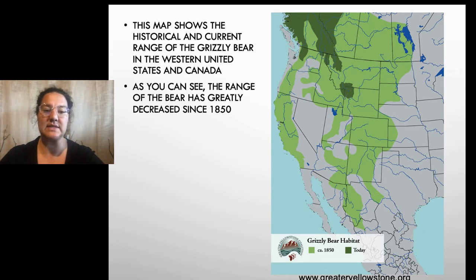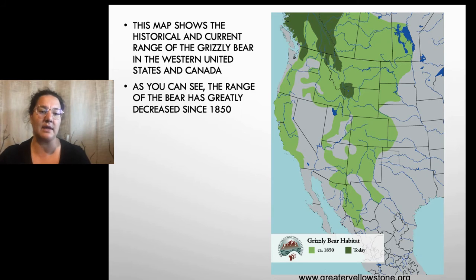Yeah, and since 1850, the range of the grizzly bear has greatly decreased because of farming and settler needs. So we eliminated using force the grizzly bears in that area, as well as their habitats changed, where grizzly bears aren't going to find suitable food forage necessarily in cropland where they used to find in native prairies, where there was berries and gophers and small rodents for them to hunt and eat.